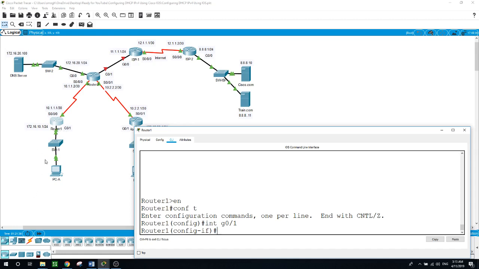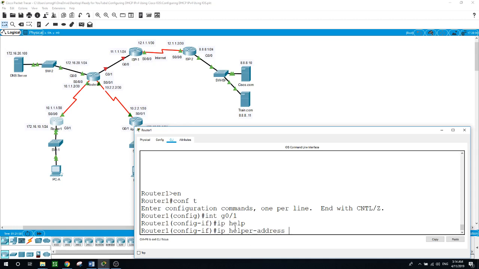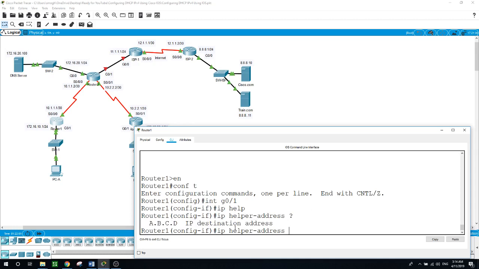The network here, as many IP addresses as this network can hold, to get the IP addresses through this interface here. So we configured interface Gigabit 0/1, and now the command goes like this: ip helper-address, and we want the destination address, and it will be through this interface of